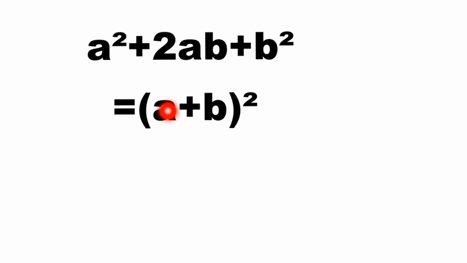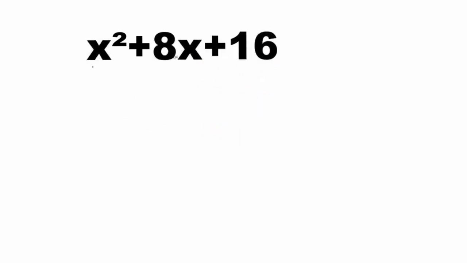So you can see that a is the square root of the first term of the trinomial, a squared, the middle term is twice the product of a and b, 2ab, and the last term is b squared. So, for example,